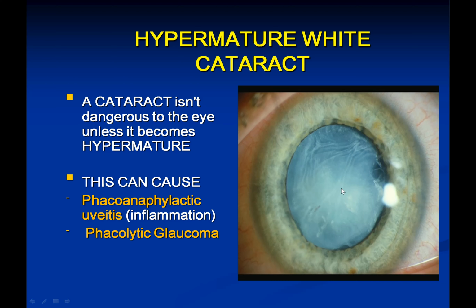These are typical diagnostic of hypermature white cataract. You see folds and wrinkles on anterior capsule as cortex is shrinking and leaking out of the lens into the anterior chamber. Now what happens next? Once the cortex proteins are coming into anterior chamber, they induce two phenomena. One, phacoanaphylactic or phacogenic uveitis, because these proteins are antigenic and they induce formation of antibodies and they release from